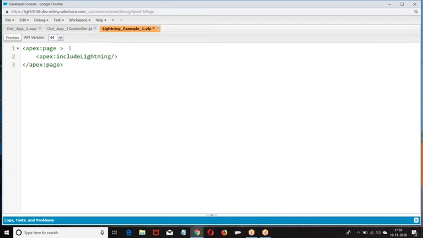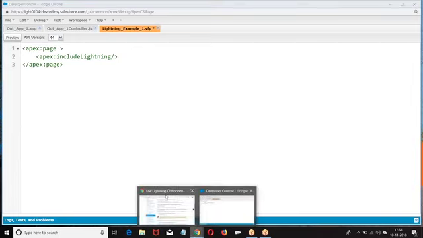Whenever we want to include lightning CSS and lightning JavaScript within the Visualforce page, I have to include apex include lightning. Okay, we are done with the first point.